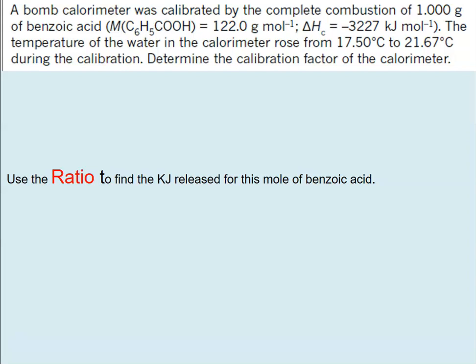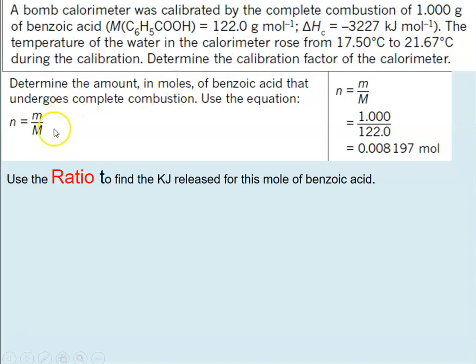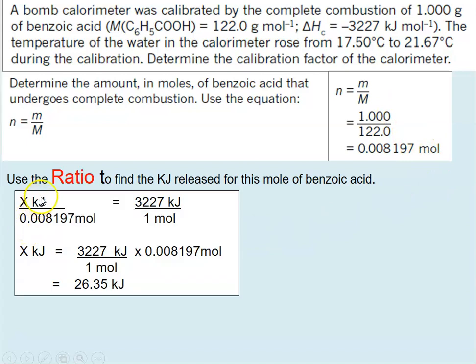so benzoic acid tends to be the classic thing that you use because it's got a known kilojoules per mole. So bomb calorimeter was calibrated to complete combustion of 1 gram of benzoic acid, and they've given you the molar mass. So we can clearly work out the number of moles of benzoic acid. So we've got that many moles, and we know that this much many kilojoules is released for 1 mole. So we use our ratio to work out how many kilojoules you would release for that many moles. So if you take that over the other side and cancel it out, then we get for that many moles you would release